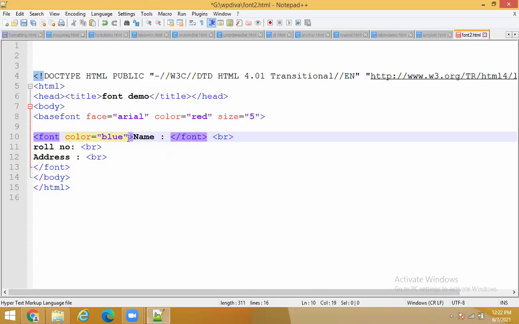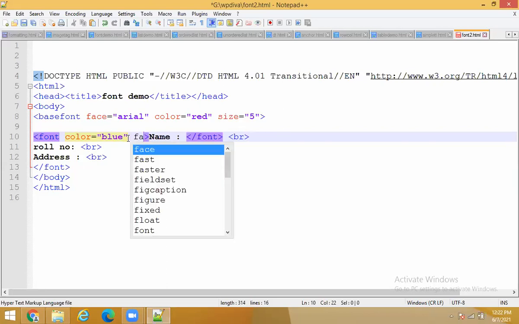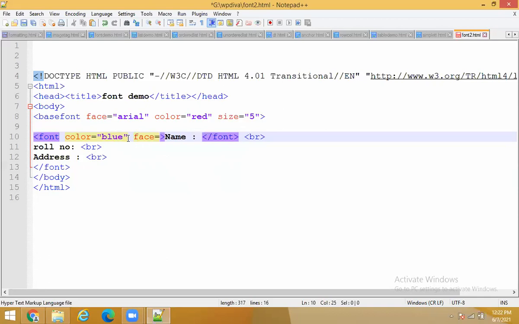Suppose I want to set the size, or I will take font face equals to, suppose another font, STENCIL. So in this way you can set the font face, right? Now just go to Chrome and refresh it.